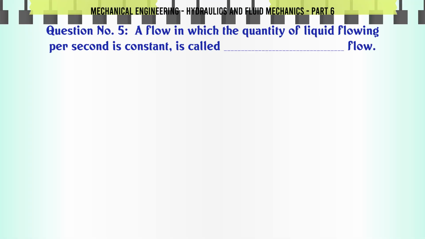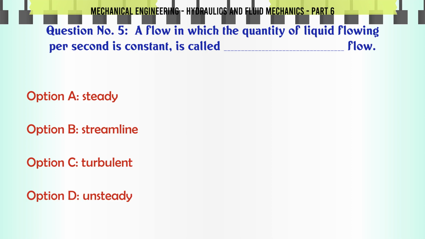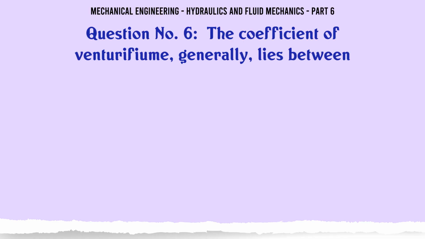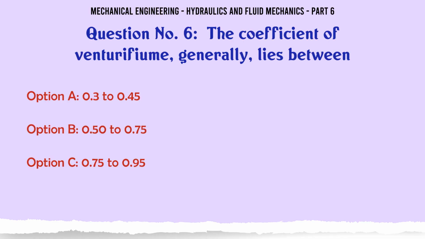A flow in which the quantity of liquid flowing per second is constant is called flow. A. Steady. B. Streamline. C. Turbulent. D. Unsteady. The correct answer is steady. The coefficient of Venturiflume generally lies between A. 0.3 to 0.45, B. 0.50 to 0.75, C. 0.75 to 0.95, D. 0.95 to 1.0. The correct answer is